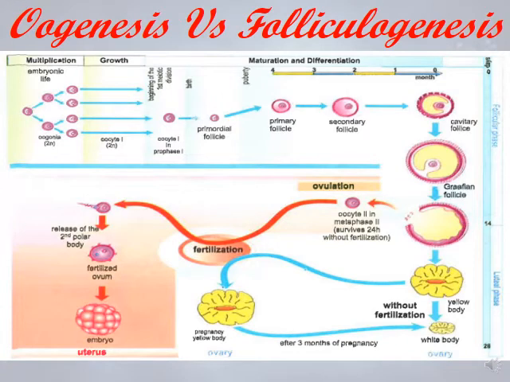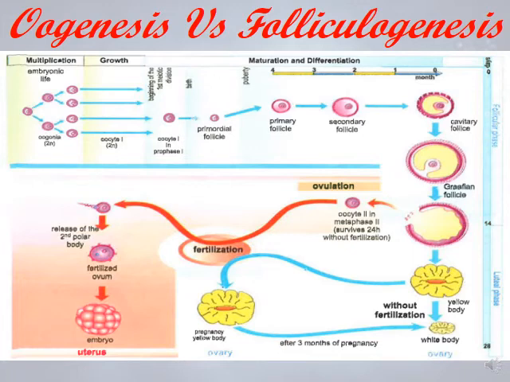Here we have the oogenesis versus the follicular genesis. Multiplication, growth, beginning of the first meiotic division, puberty, maturation and differentiation. The primordial follicle will give primary, secondary, cavitary, and the Graafian follicle. At ovulation, oocyte 2 survives 24 hours without fertilization. If fertilization occurs, we have the release of the second polar body, the fertilized ovum, and then the embryo, which